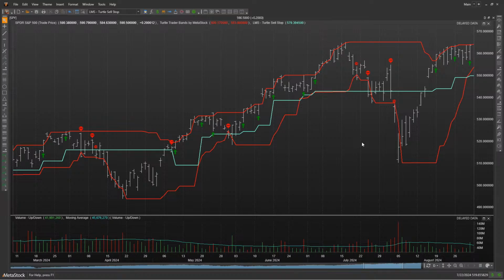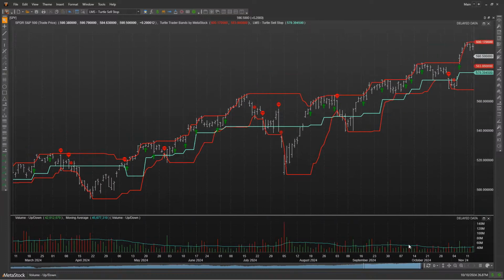So a couple different ways that you can exit out of the trades that are already built directly into your system. So then the question might become, okay, well, I get it. It's pretty straightforward. This is a momentum type of system where if the prices are trading up, I basically want to look for long positions. If the prices are heading downward, I want to possibly look for short positions.